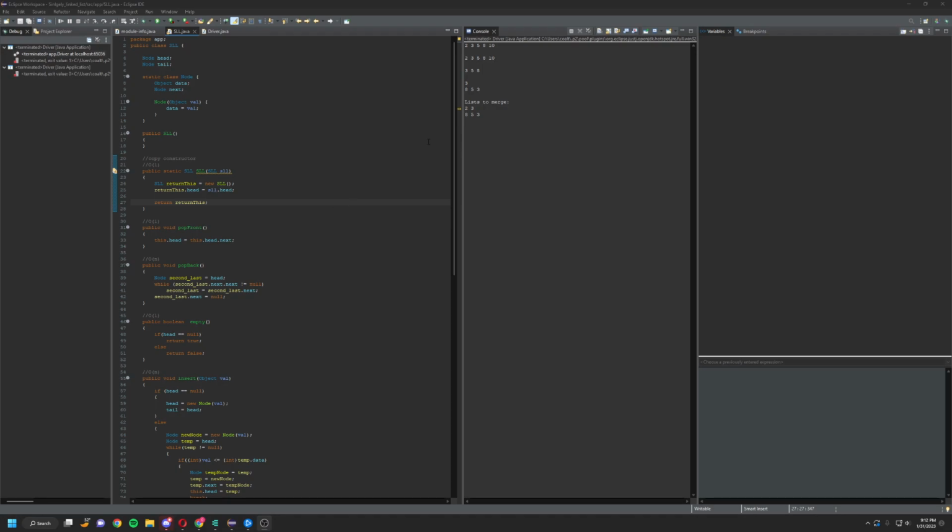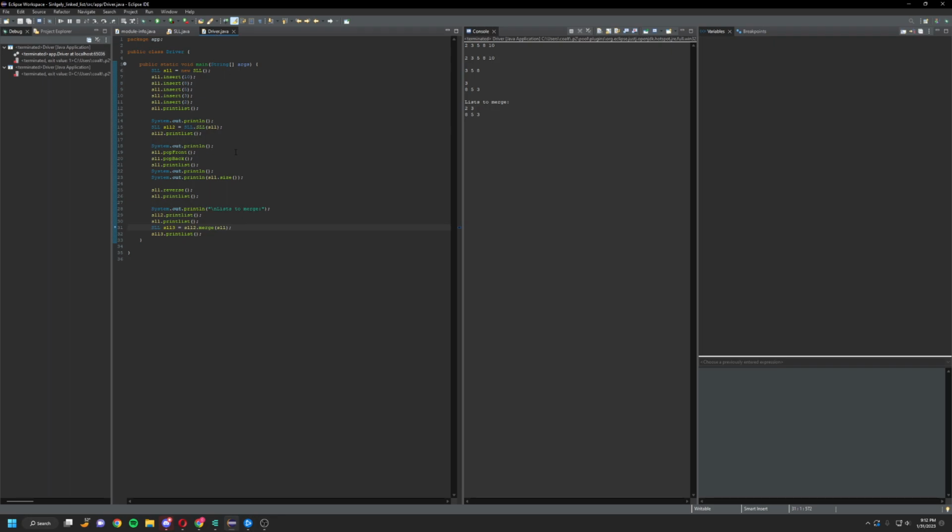Hi, this is my singly linked list. So here's the driver for it, and you can see, I'll go ahead and just run it real quickly. Here we go. So if you read through this right here, we're just demonstrating the insert, and then we copy it. Let's see, we pop the front and back, print it, we print the size,